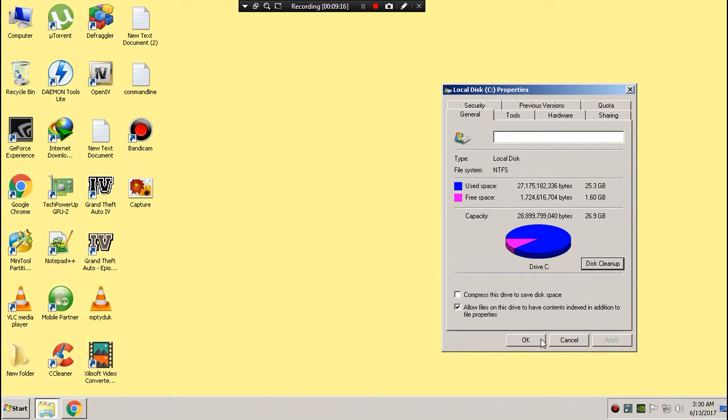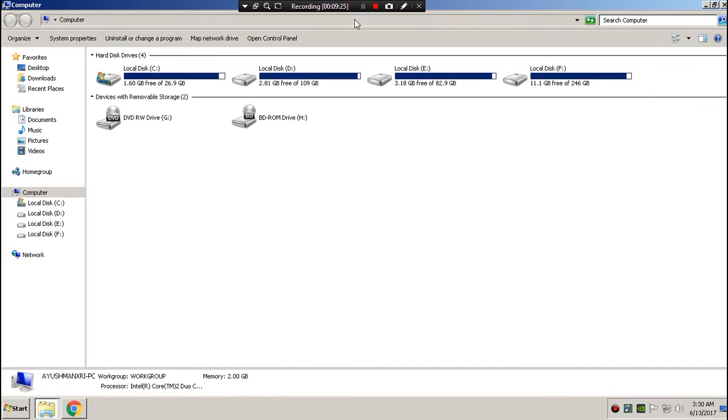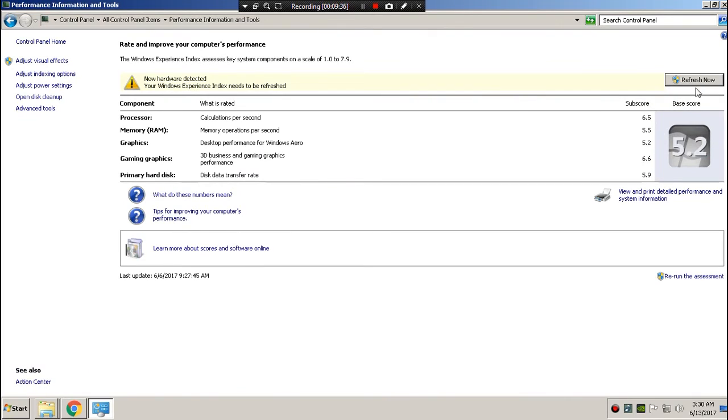Alright guys, you have to now close this box, and you have to go to this, and now you have to right click here and go to properties, and now you have to rate your PC. I'm not going to refresh it now, but if you didn't refresh your rating, then you have to do this again,